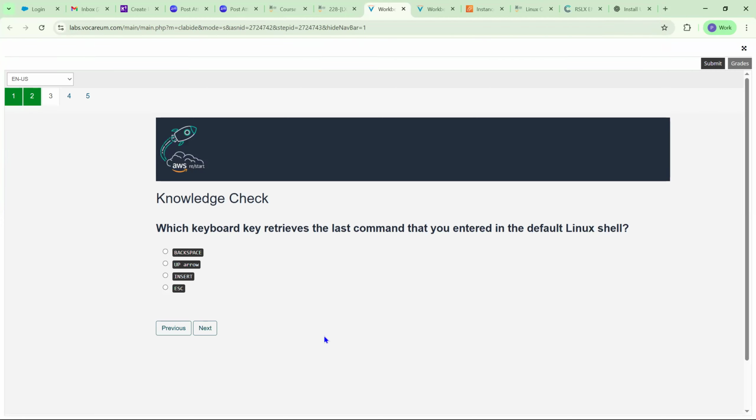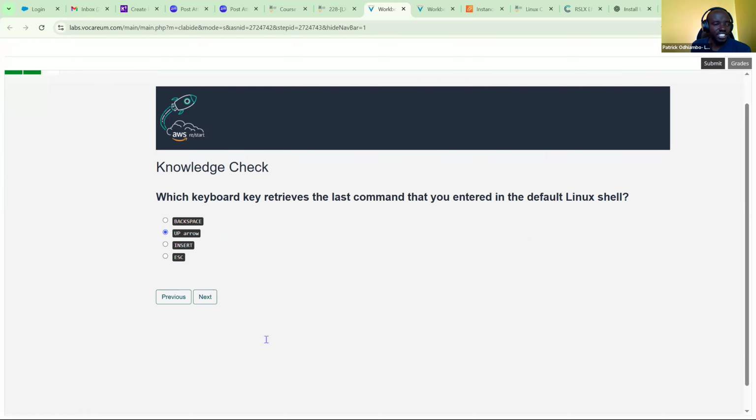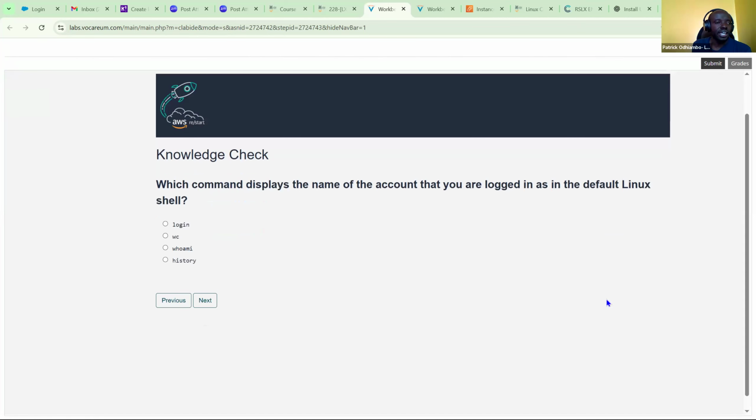It is the up arrow. That is very nice. Next.